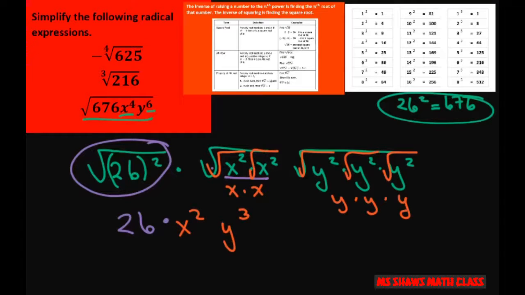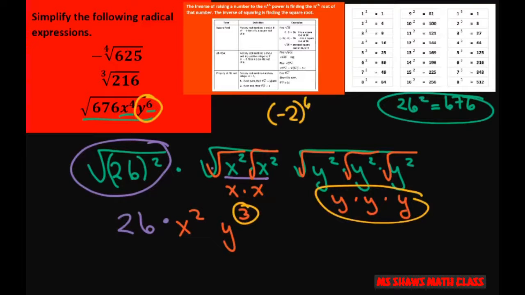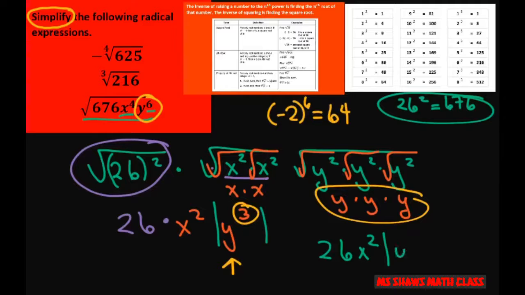However, because this is an odd number, and if I put an odd number into this, negative 2 to the 6th, that's going to give me 64. But if I put an odd number in this, I'm going to get a negative. And since we're simplifying, that means all we're doing is simplifying. We're not changing the answer. So this has to be an absolute value. So it's basically 26 x squared times the absolute value of y